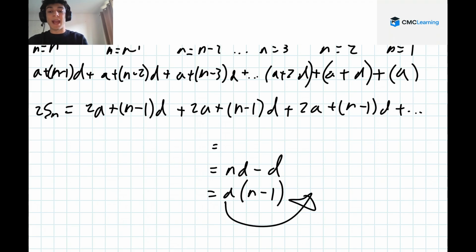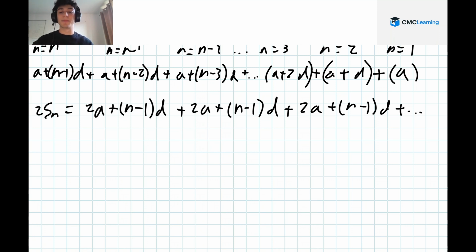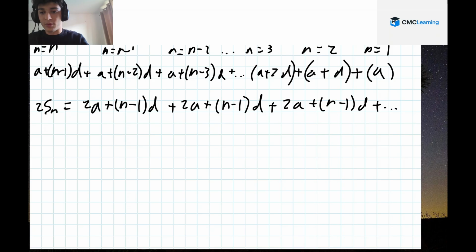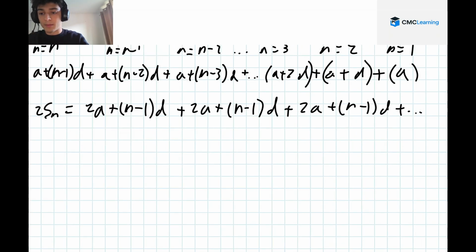And this happens n times. So since multiplication is simply adding a certain number of terms a certain amount of times, we can say that 2Sn is equal to n times what we have here on the right hand side. So, n times 2a plus